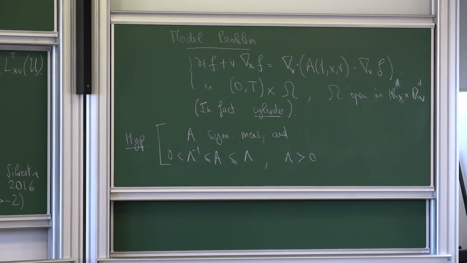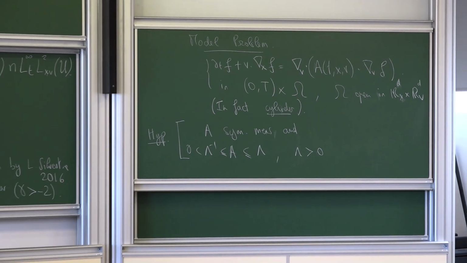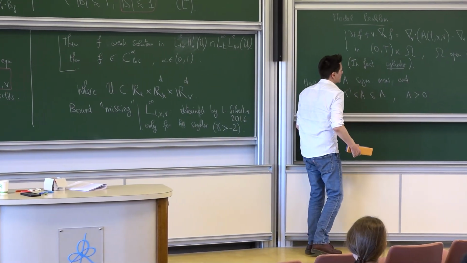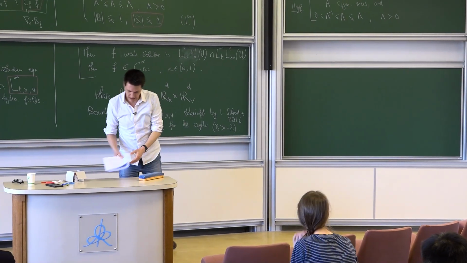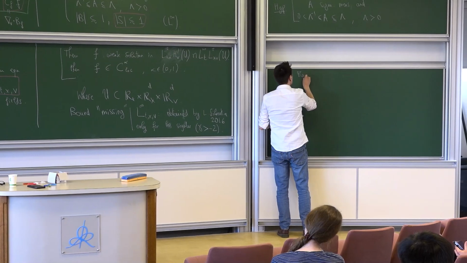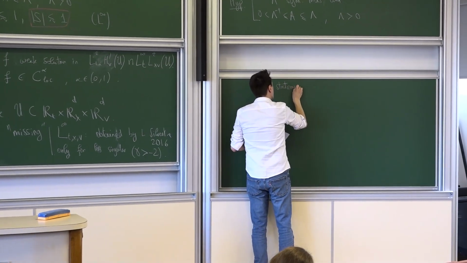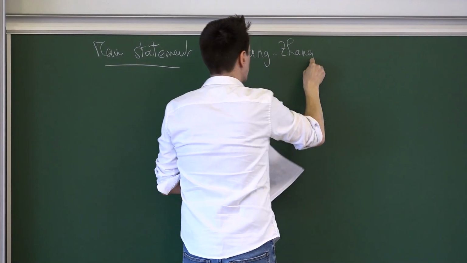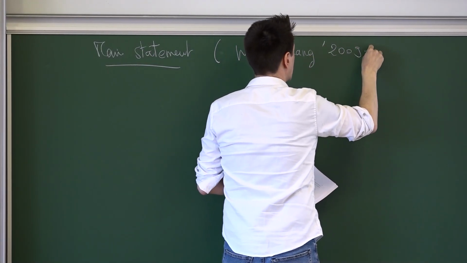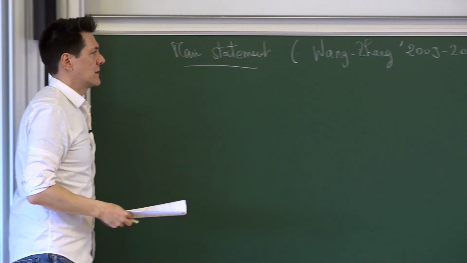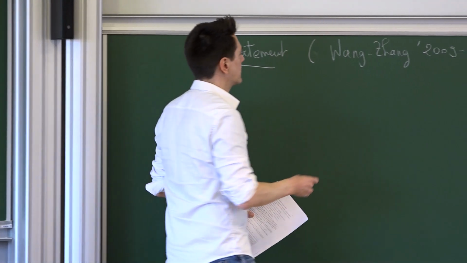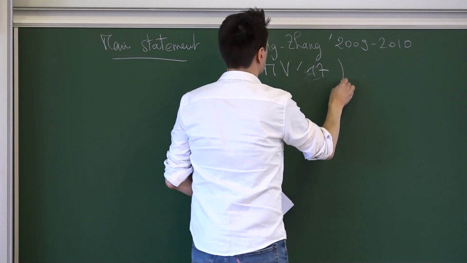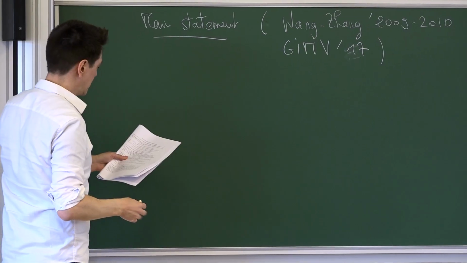OK, so let's go to, I'll give one theorem, and then let's start the scaling and the proof. So the main statement, that's the main problem, and the main statement now is first proved by Wang and Zhang in 2009 and 10 by a modification of the Moser-Kruzhkov argument, let's say. And we proved it again together with the Harnack inequality in this paper with François, Cyril, and Alexis. So the main statement is,